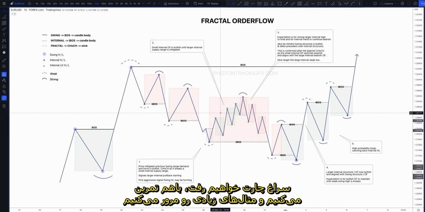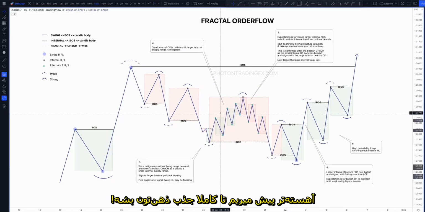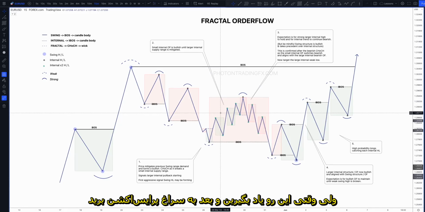Maybe especially when we go on the charts and do a proper walkthrough and look at tons of examples and go a little bit slower, the penny will start to drop. I do appreciate that this is a lot more advanced. There's a reason why it's at the end of the course. So you really nail the rest of the concepts, this might be a bit too much. But when you do get this,